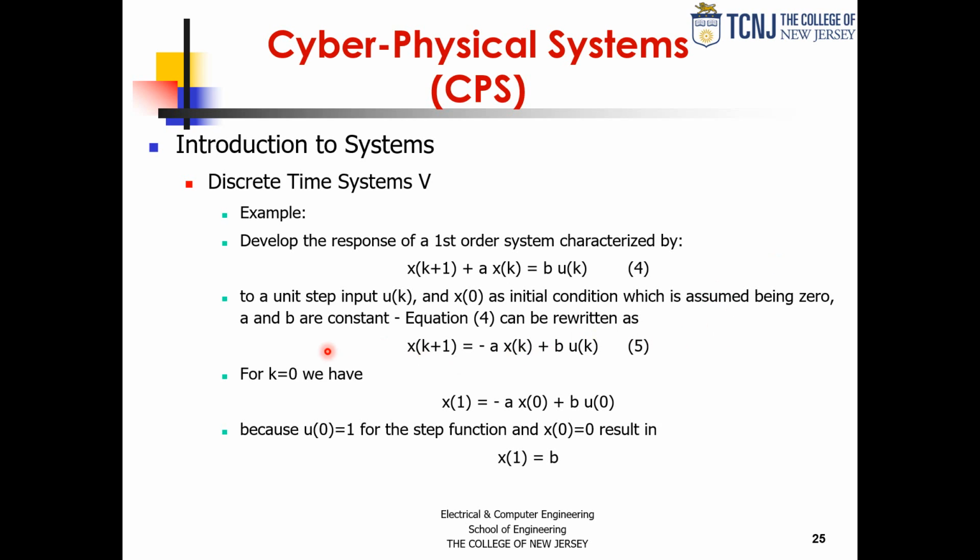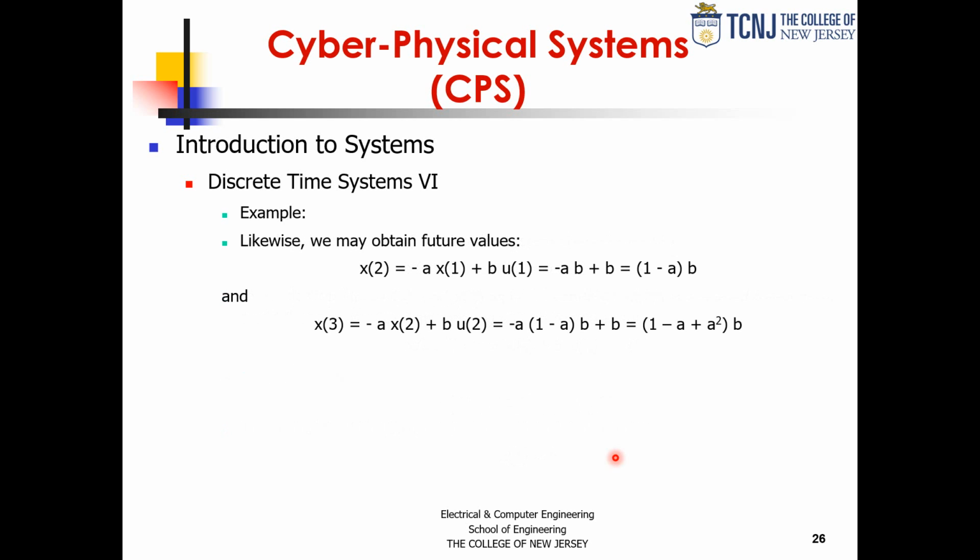At k equals 1, here I have minus a times the value at 0, we know that that's 0, and b times the value of the input, which is a step, at 0, which I know is 1. So at k equals 1, the output is b, a constant. b and a are constants. Then I can keep doing that. I can say for 2,